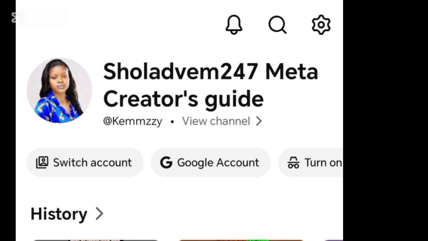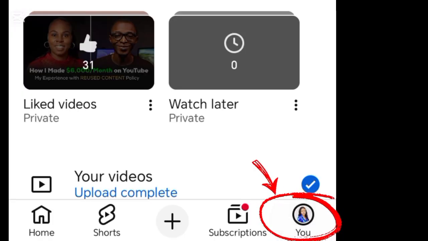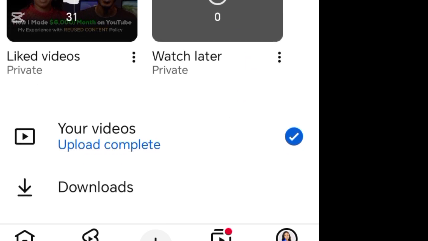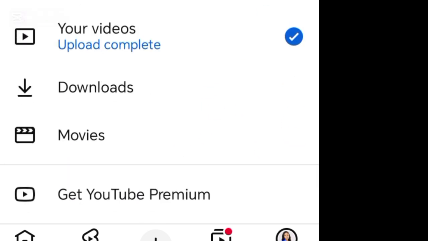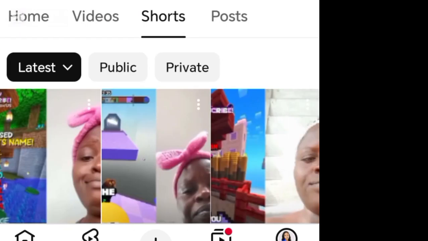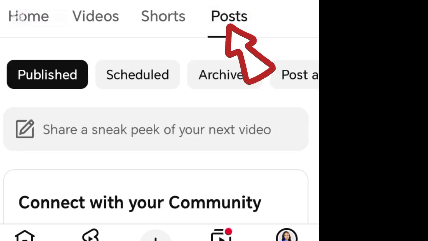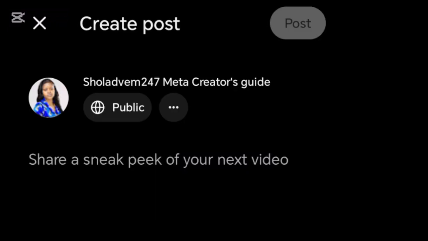go about it. You log into your YouTube channel, click on this U that you have down below at your right hand side, and it will pop up where you have your video, download, movie, get YouTube Premium. You click on your videos and it will take you down to this spot. You can see you have home, you have videos, you have shorts, and you have posts. You click on posts and come down to this place, input what you want to